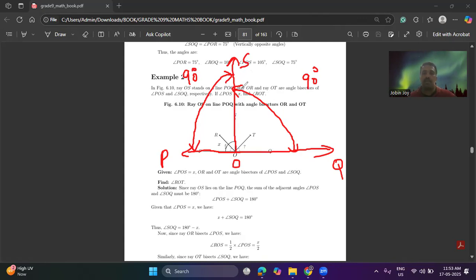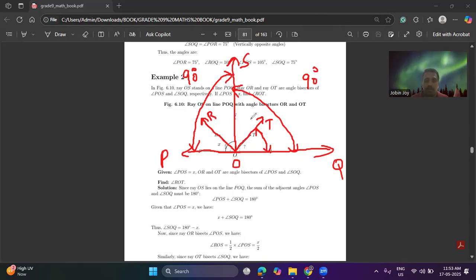Perpendicular means this angle is 90 degrees and this angle is 90 degrees. Then we have two more rays, OR and OT. These two rays are angle bisectors. Angle bisector means this is exactly the middle of this angle. So this is the bisector, meaning this is exactly the middle